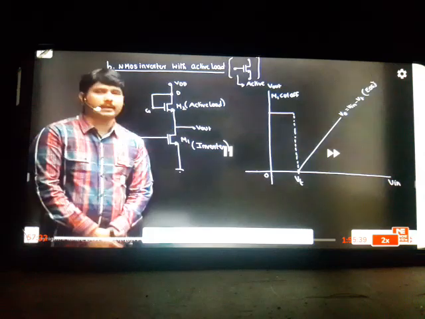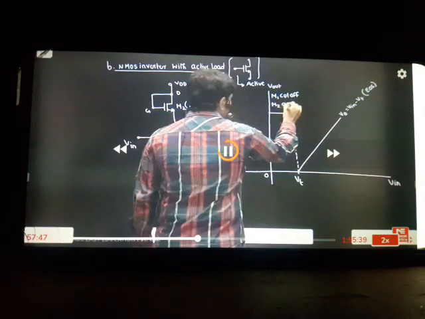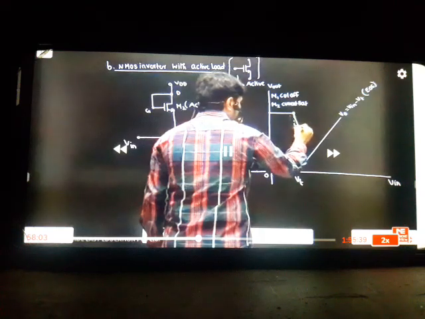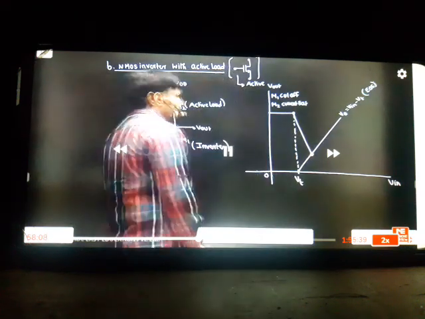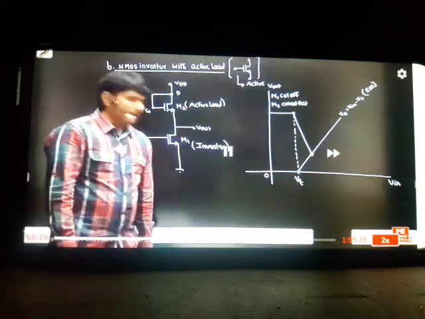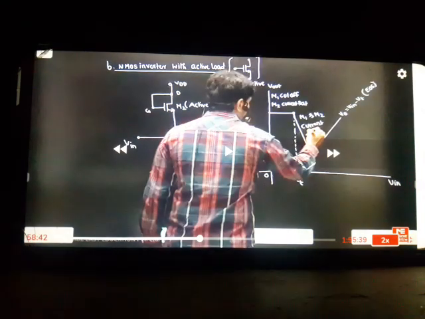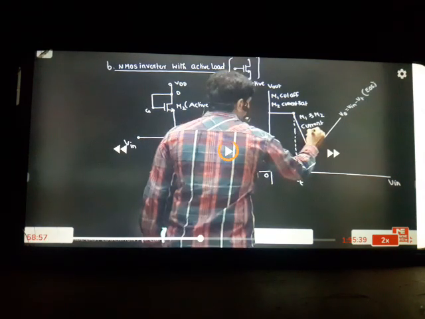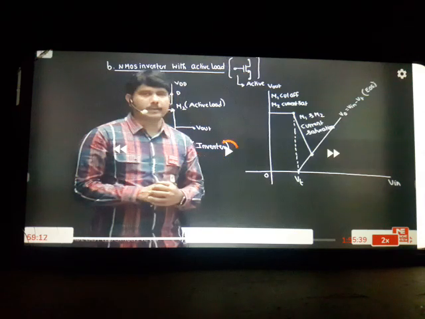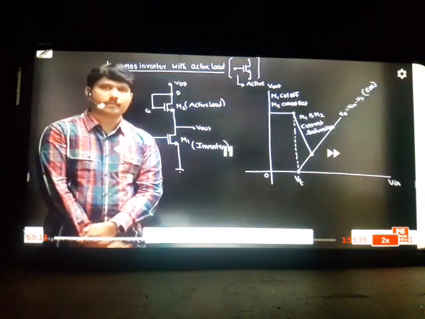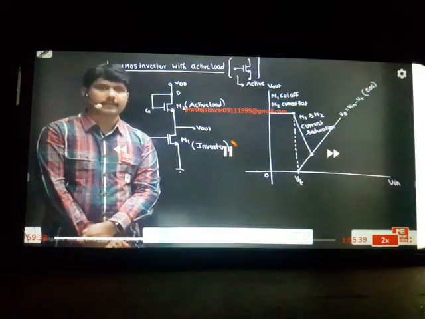But this load is not working like an inverter. It is falling linearly like this. So there is a better improvement in the concept. In place of non-linear falling, a linear line will have more slope, a non-linear line will have less slope. Ideally, we want